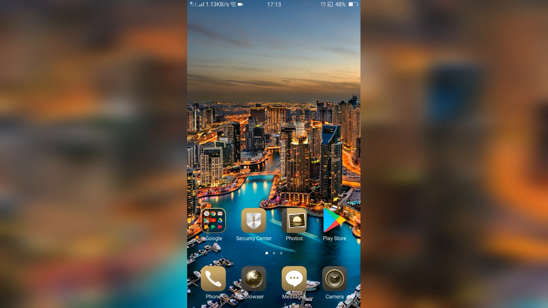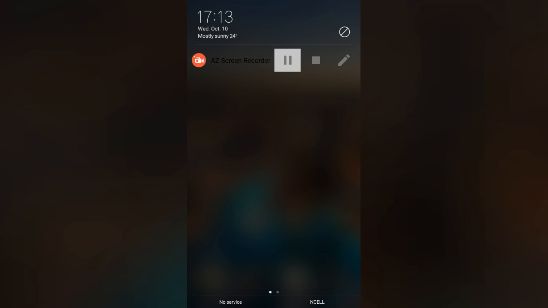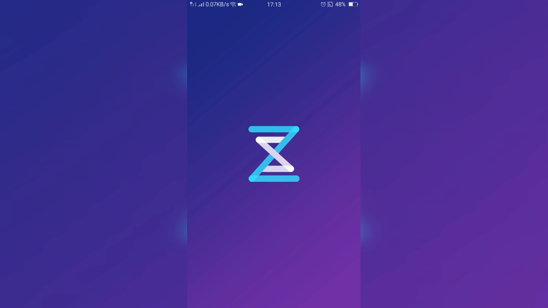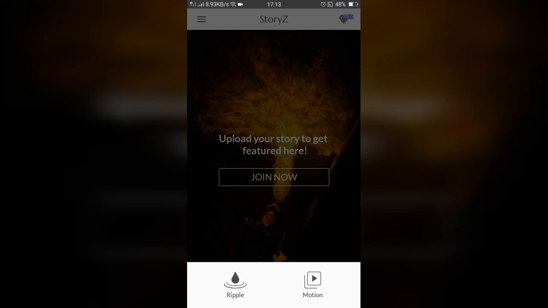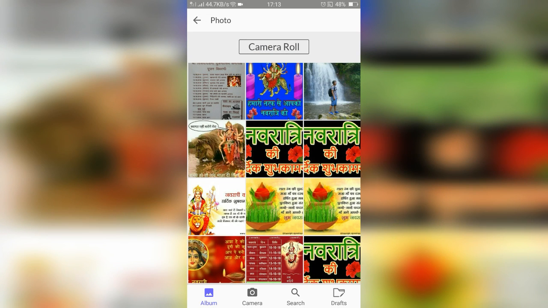So let me open the app and show how it works. The name of the app is StoryJud. So this is the app StoryJud. Click on this plus icon, and here are two options, motion and ripple. I'll use both options and show what they do. So first of all, ripple. Now I'll select this photo here